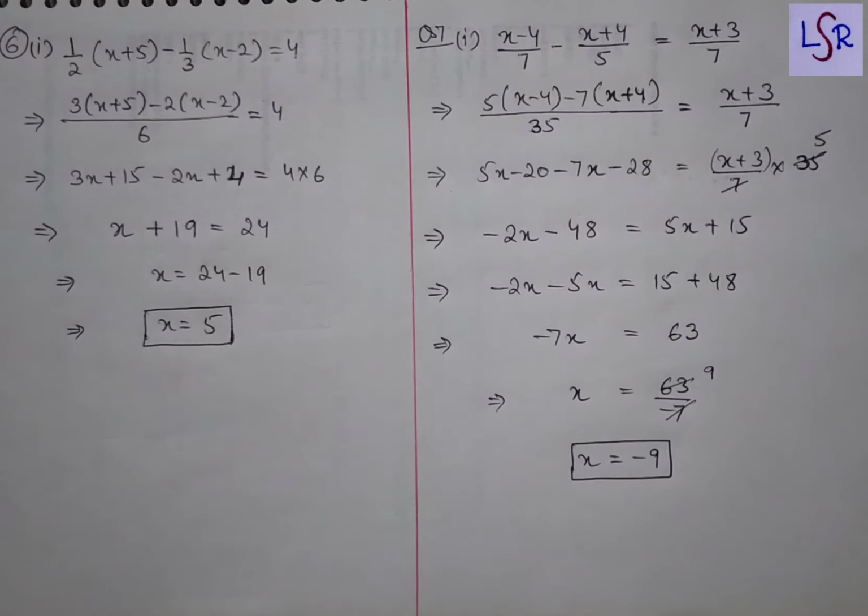Now in question number 7, second part, we are having (x minus 1) upon 5 plus (x minus 2) upon 2 in LHS. Then in RHS we are having x upon 3 plus 1. So we are going to take LCM on both of the sides. And here we got this. Now open the bracket on both of the sides, and here it is already open, so we have to open on one side only. Then we'll solve the like terms in the numerator of this one, and here we got this.